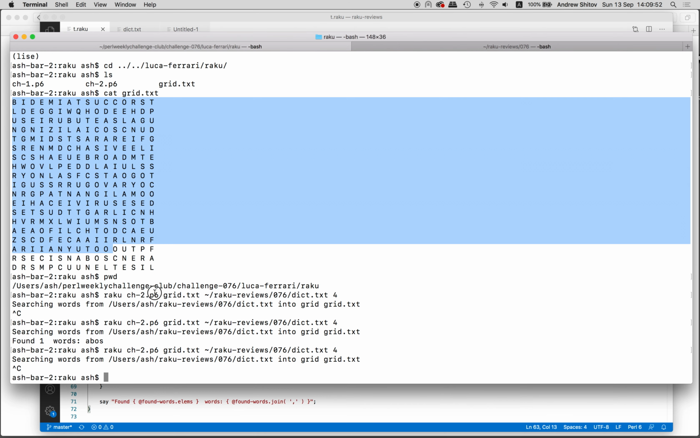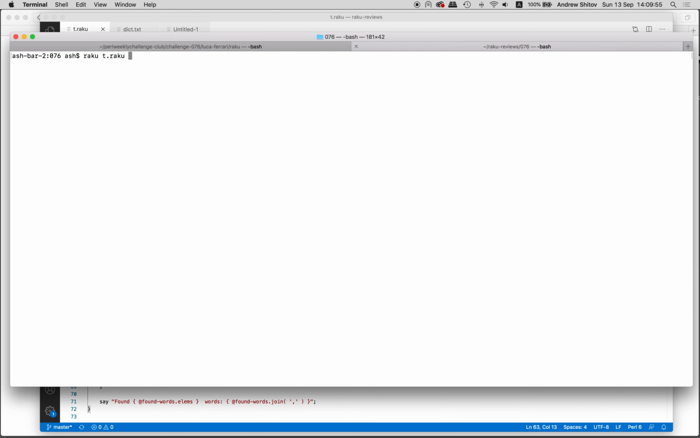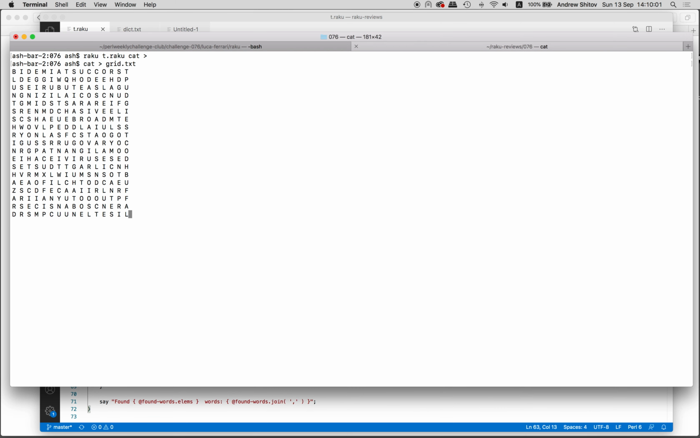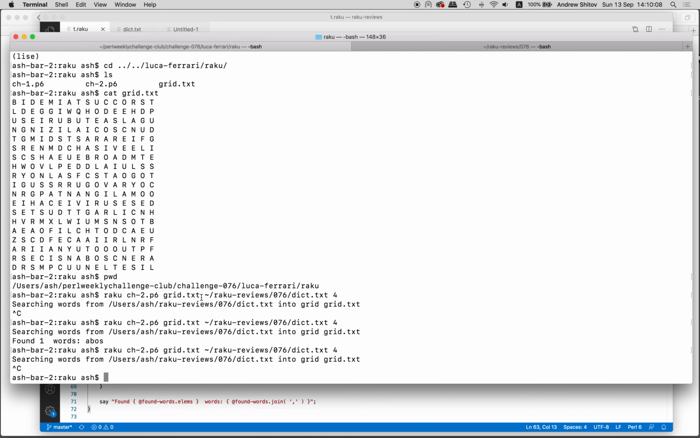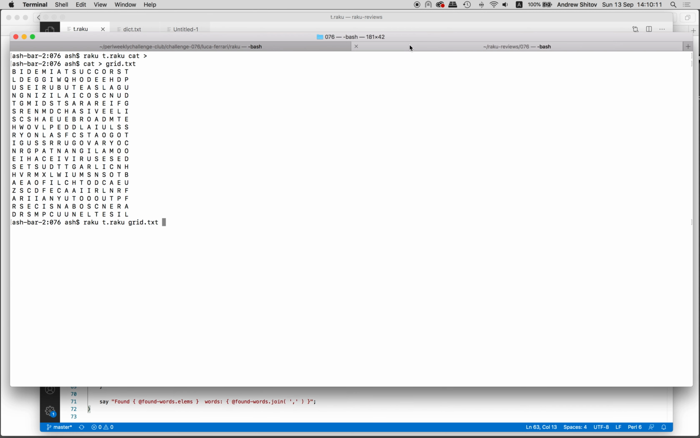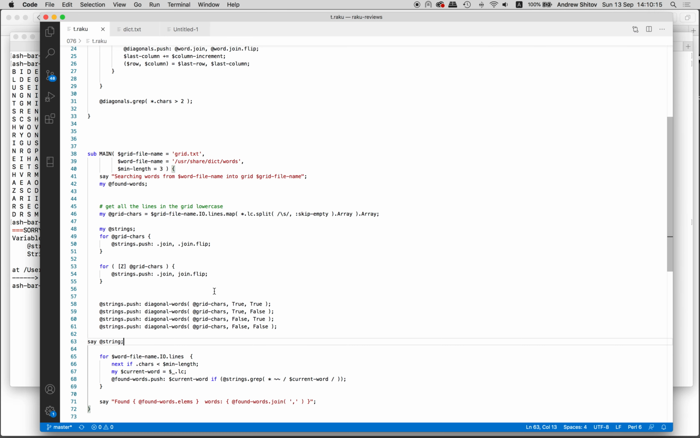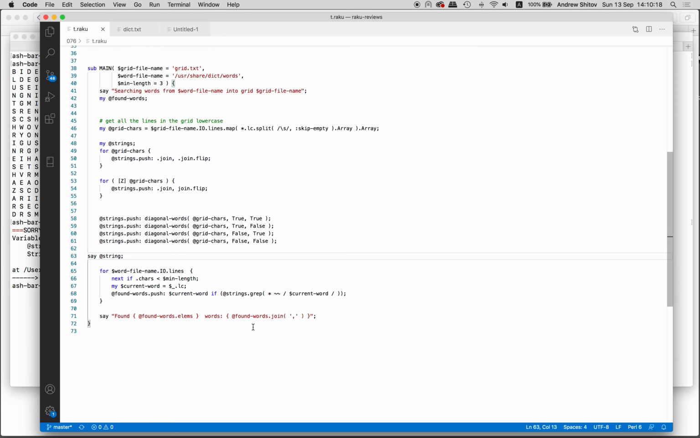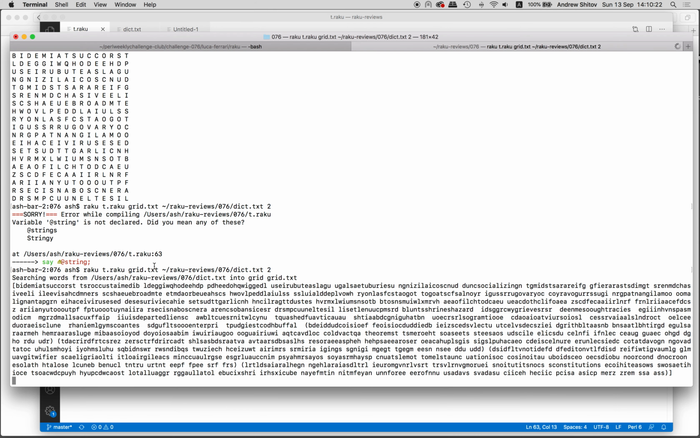So this is the grid, right? Here is the grid, and so it's Raku T grid. Then I need the dictionary and the lengths. Probably let's even do it like this. String is not declared. Where is it? Here, right? Okay, so these are the words that we found in the